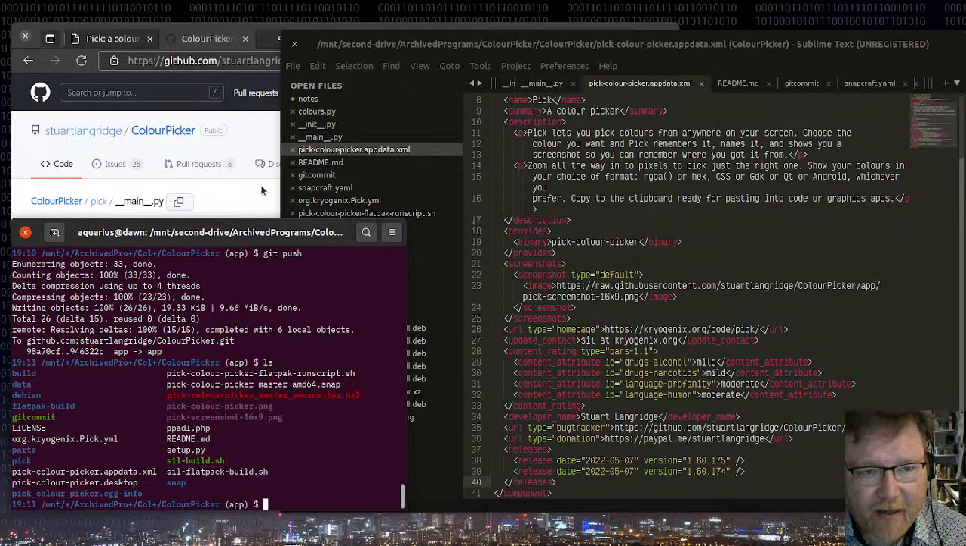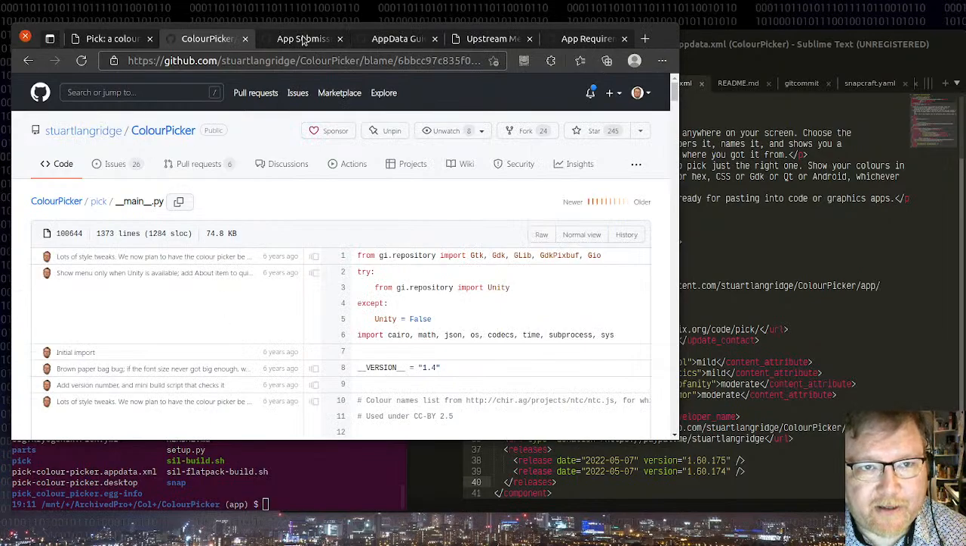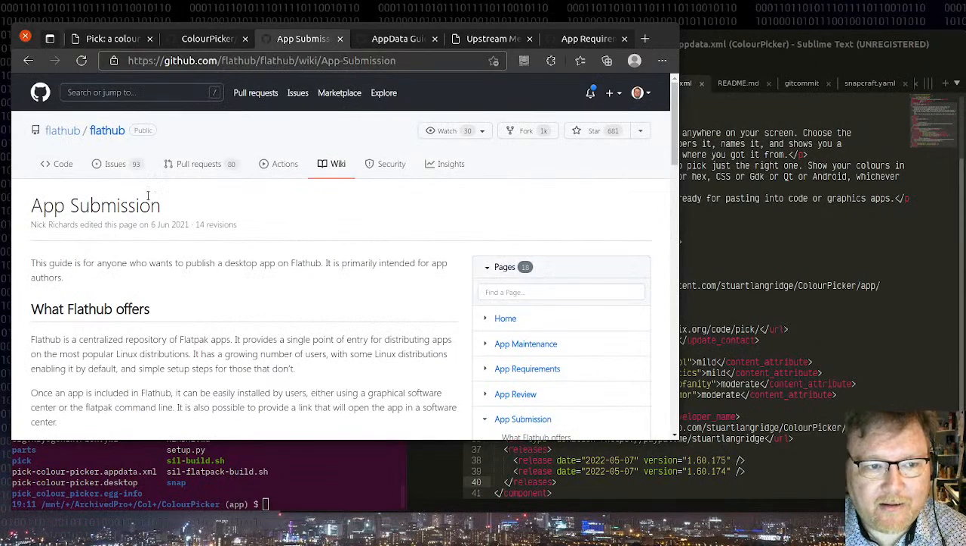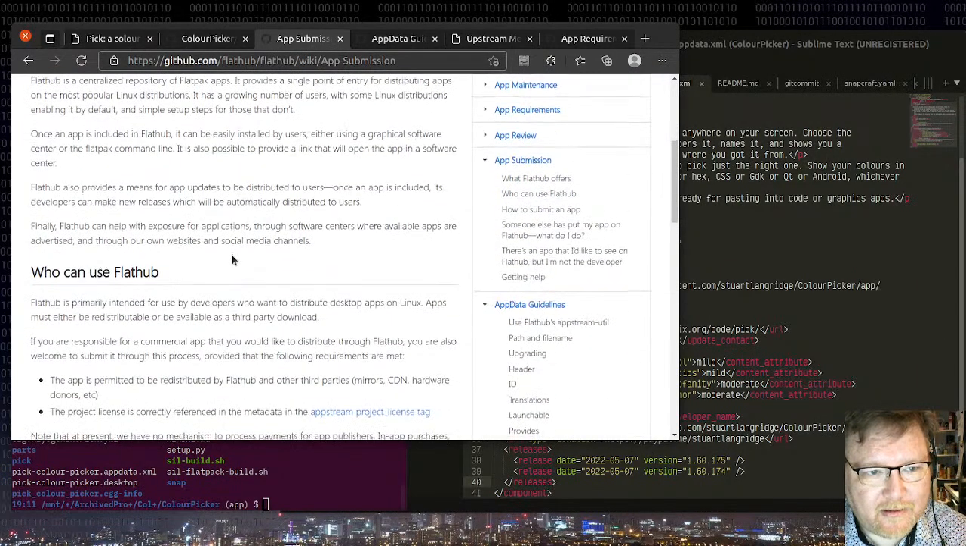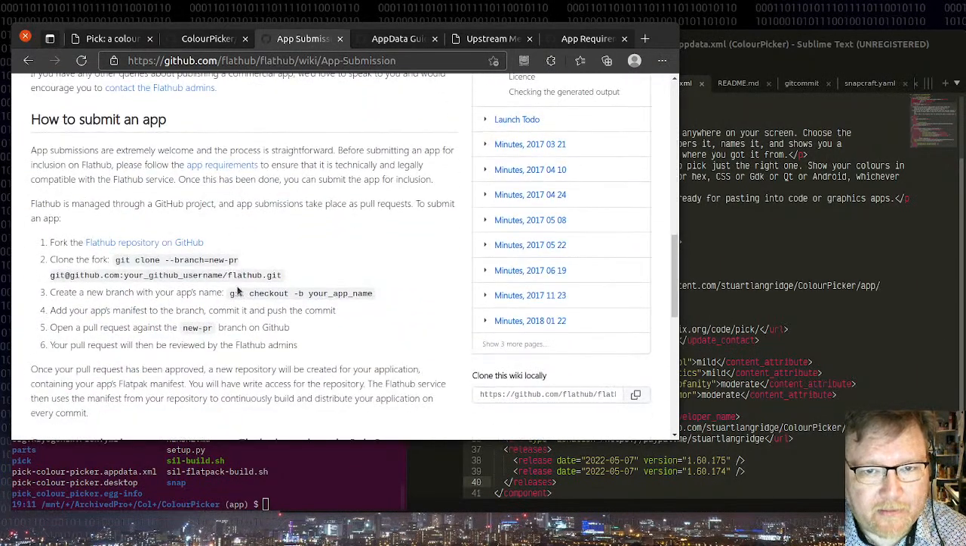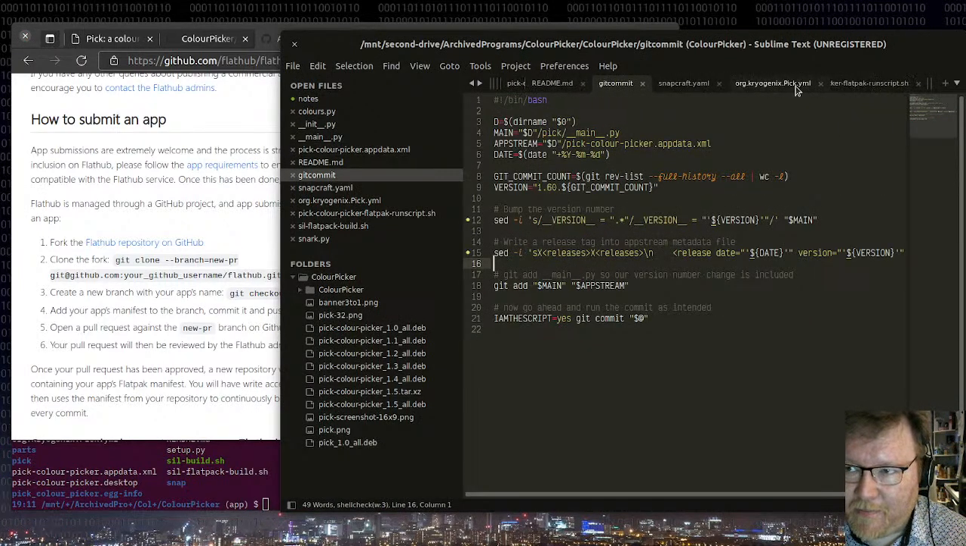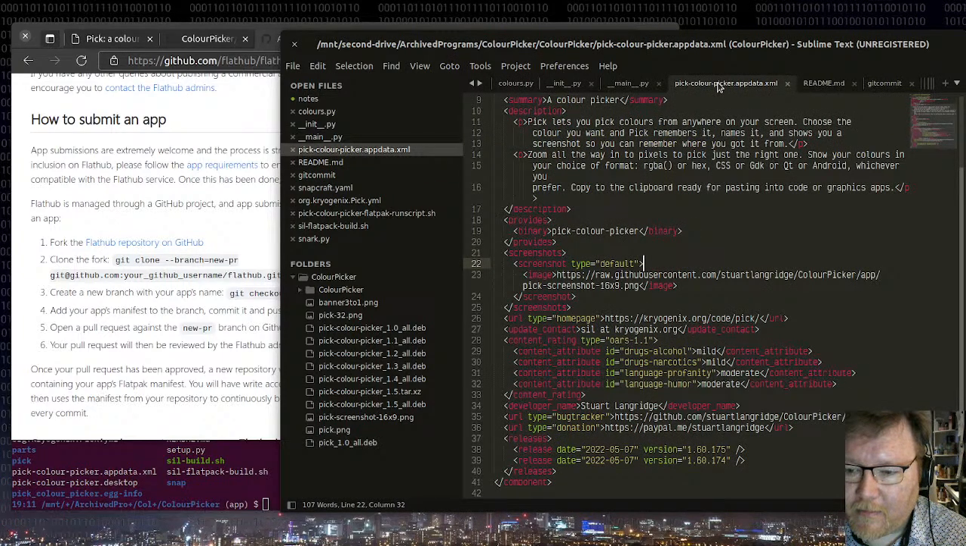I think, except that I have to actually submit it to Flathub. This is very exciting. Who can use it? How to submit an app? I followed the app requirements. I have not filled in the git commit into my manifest,